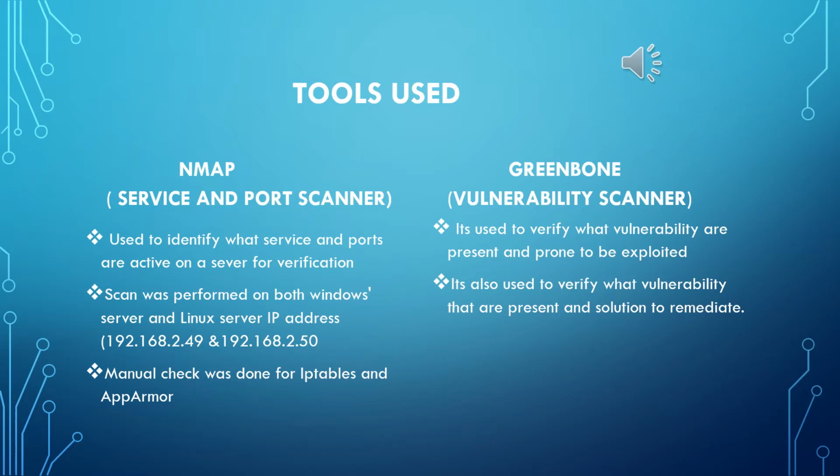Next, I'll go over tools that we use to complete vulnerability assessment. Before we even perform vulnerability assessment, we use an Nmap scan that is used to identify what services and ports are active on a server for verification. Nmap scan was performed on both Windows Server IP address 192.168.2.49 and Linux Server IP address